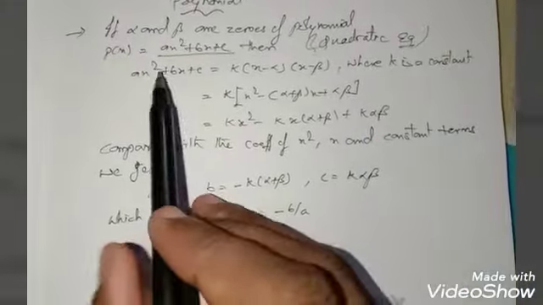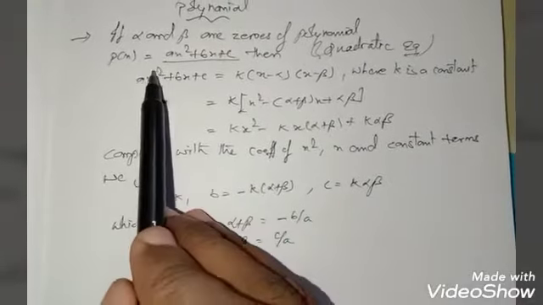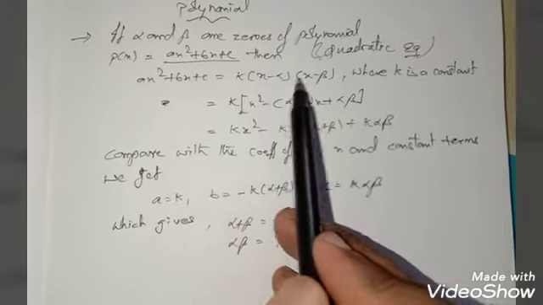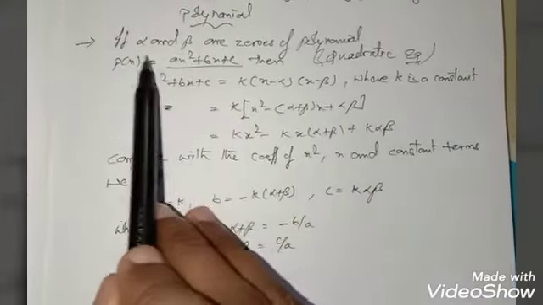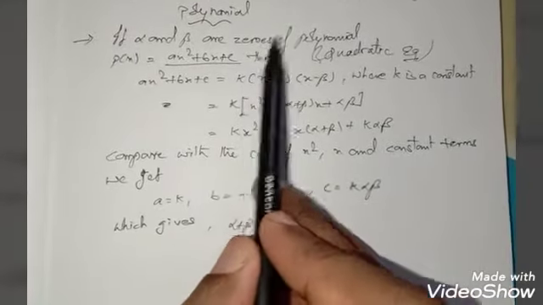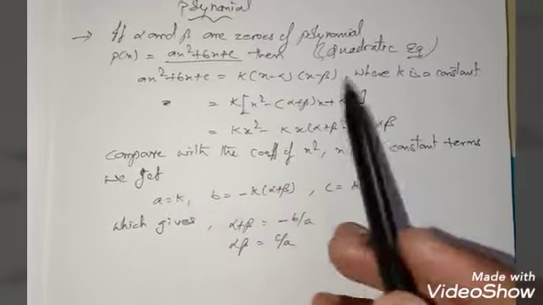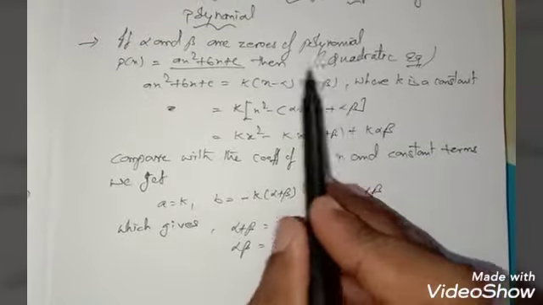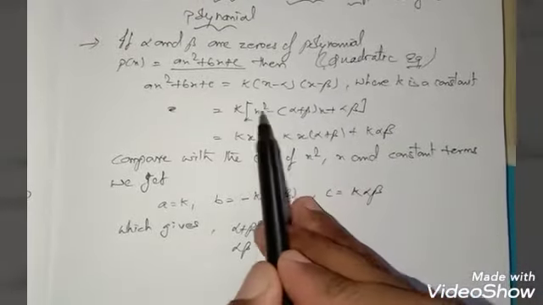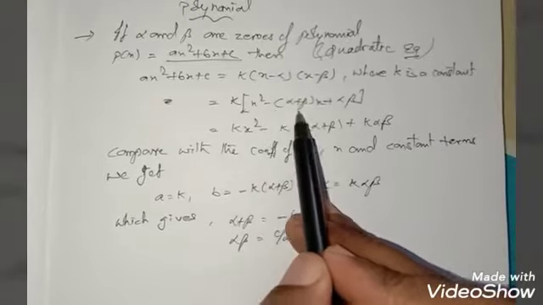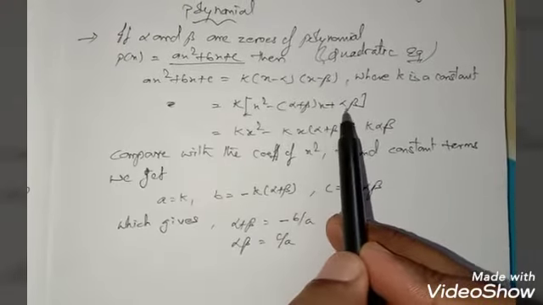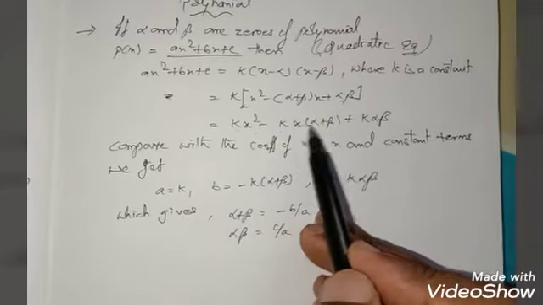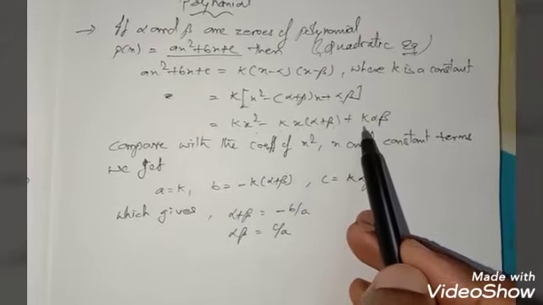Right, so as per the equation, ax square plus bx plus c is equal to k into (x minus alpha) and (x minus beta), as we already know that alpha and beta are the roots of the polynomial, or zeros of the polynomial. So I can multiply x minus alpha into x minus beta, and you will get x square minus (alpha plus beta) into x plus alpha beta. Then multiply this k inside, and you will get kx square minus kx into (alpha plus beta) plus k alpha beta.